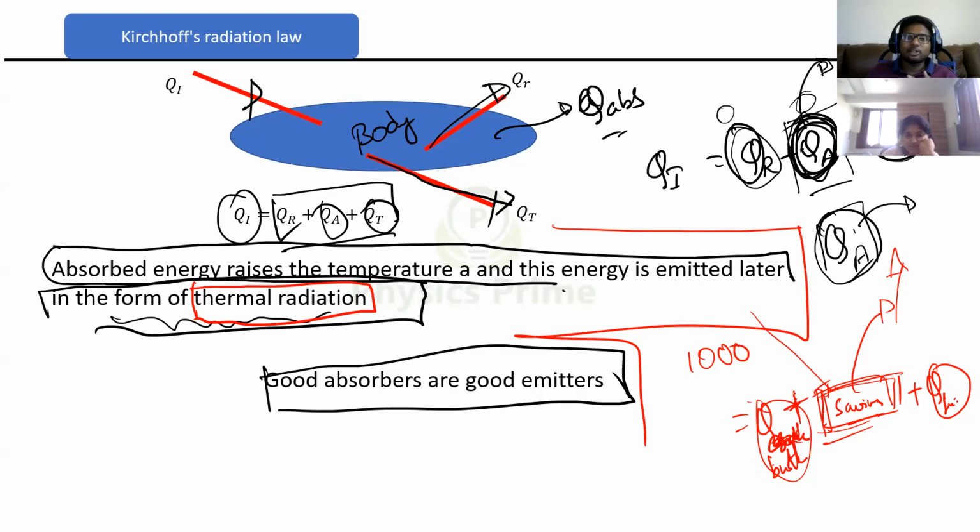But here, just try to compare it like that I'm telling, but this is not a correct comparison, I'm just trying to make you understand. Absorption is why important it is here. Got it? If it is a good transmitter and reflector, absorption will be less. So it needs to be a good absorber. When it is a good absorber, when time comes, that means when the surrounding temperature is lower, it will radiate well also in the form of thermal radiation. Got it? That is why good absorbers are good emitters or good radiators, you can say. Okay. Thermal radiation will be higher. Did you understand this? Yes.